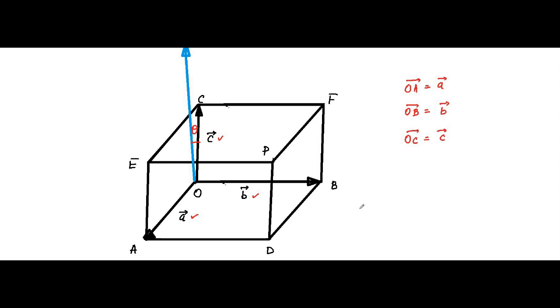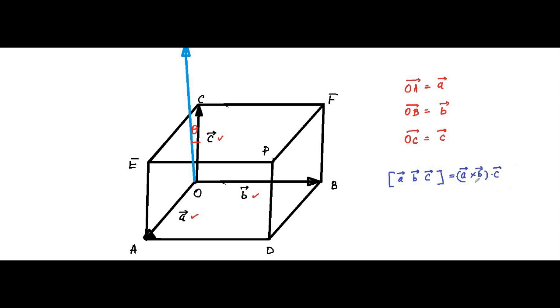Now we know that the scalar triple product is represented as A vector, B vector and C vector, which can be written as A vector cross B vector dot C vector, or A vector dot B vector cross C vector, whichever way